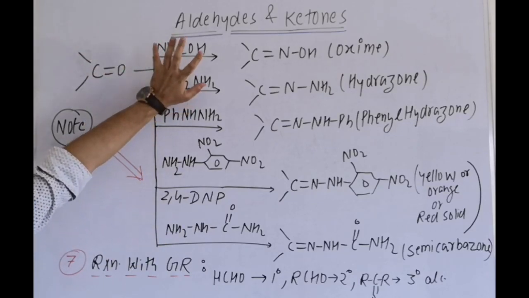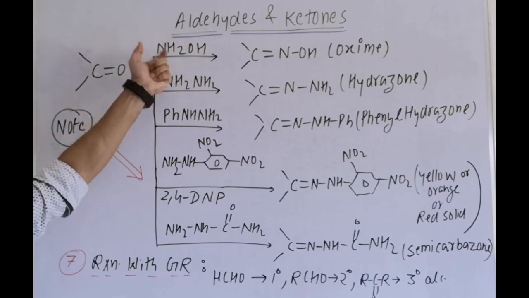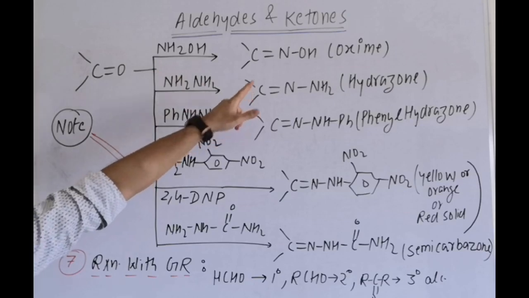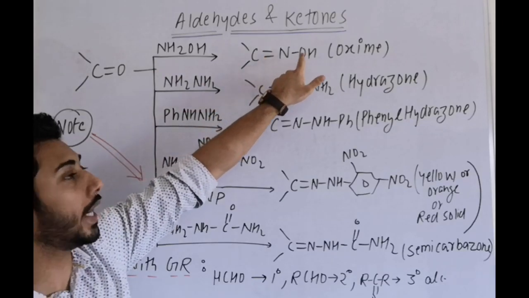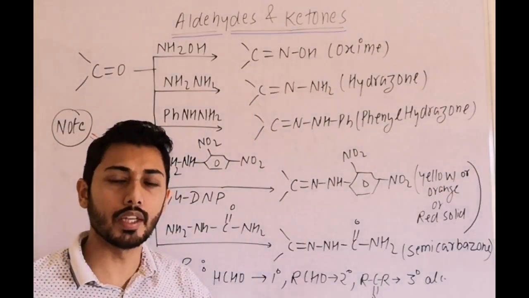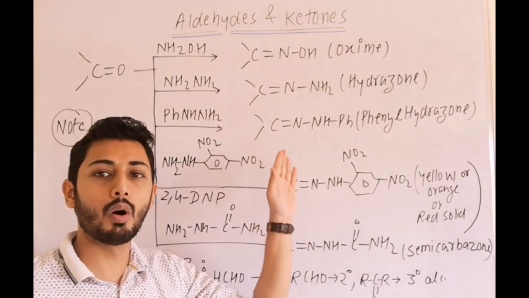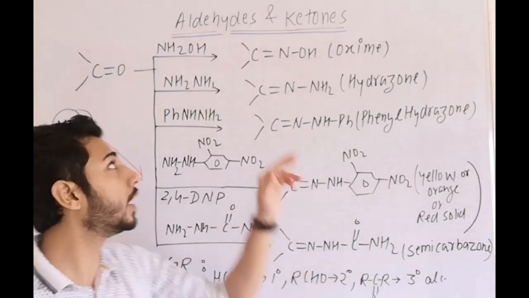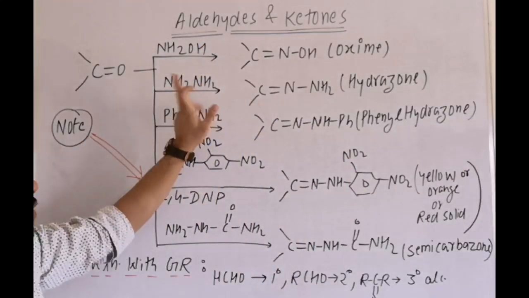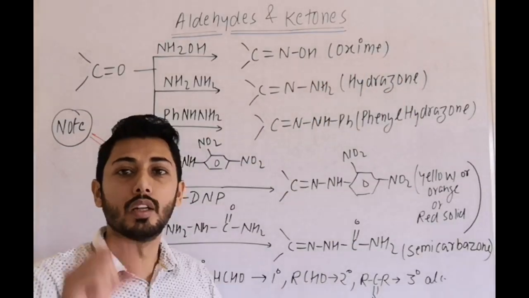Otherwise, if you remember, the nucleophile will add, it forms OH, NHOH, elimination of water takes place and gives C double bond N-G, and the group here is OH. So if you understand the general reaction, it will be very easy to write the product: removal of water, and a C double bond N-G is formed. G here is OH, there is G, NH2. This compound is generally termed oxime.